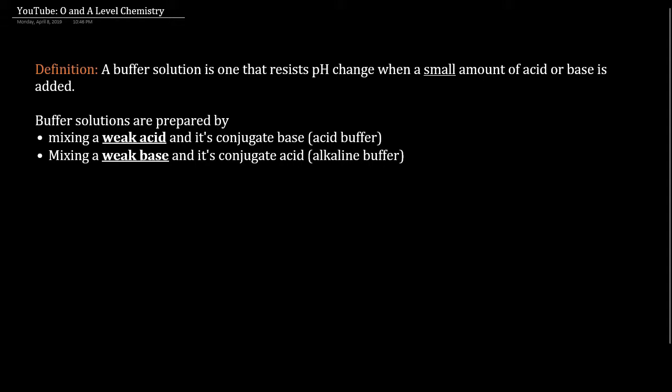So basically, there are two kinds of buffer solutions. One is called an acid buffer. That is when you mix a weak acid and its conjugate base. It's very important that we need a weak acid and its conjugate base. And the other kind is called an alkaline buffer, which is when you have a weak base and its conjugate acid. So if you're not sure about what those mean, let's say that I have